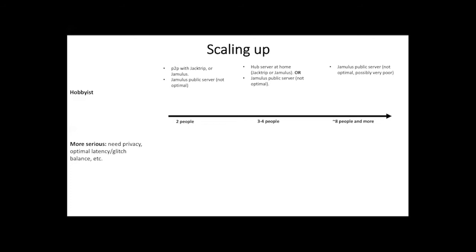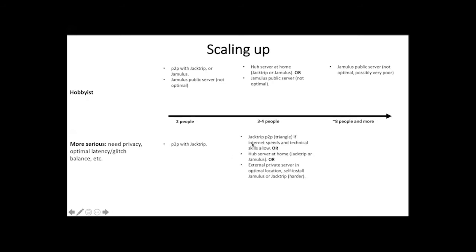So moving down to this end, and again, feel free to drift between these categories yourself as you get more interested in this kind of thing. 2 people, I would say peer-to-peer with Jacktrip is the way to go, because I think it's assumed that in this kind of use case, you might benefit from the greater configurability, the higher quality audio, and the option to record in a sort of powerful kind of recording workflow, as I discussed. Same applies to live streaming.